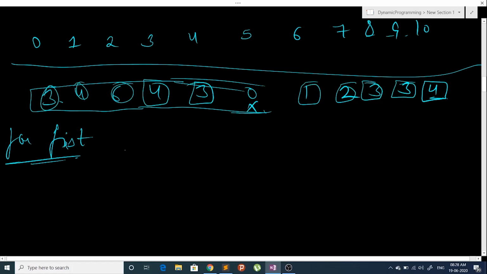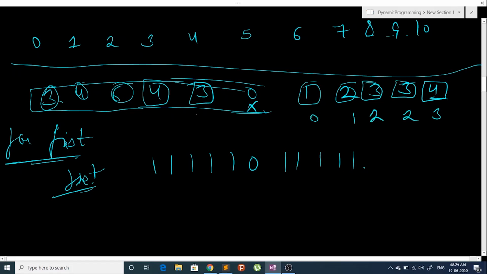So my first number will be like this. I am starting from 10, so 1 1 1 1, so 1 and 0 1 1 1 1 1. So this can be my first number, and after taking this first number I will decrease all these bits by 1. So it becomes 3, it becomes 2, 2, 1, 0, and it remains 0. It becomes 2, it becomes 3, 5, 3 and 2.